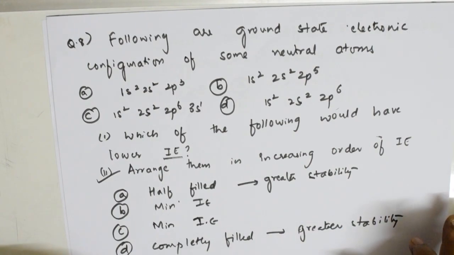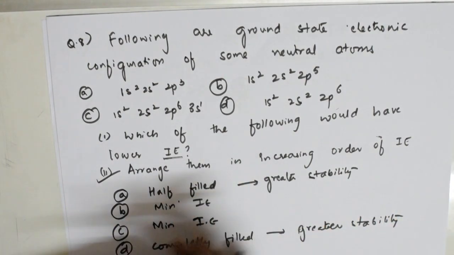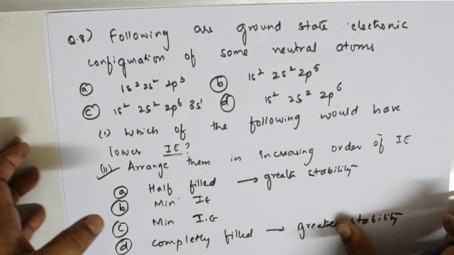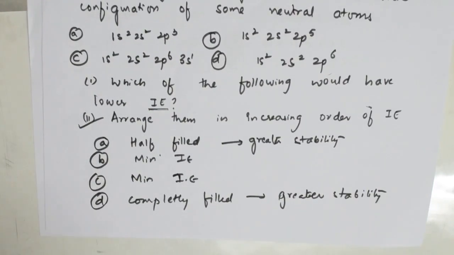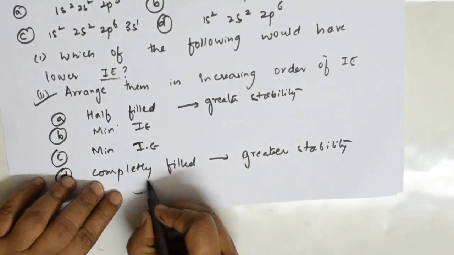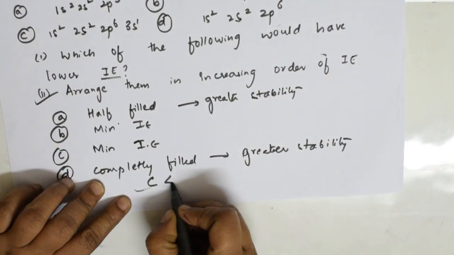Now if I have to arrange the order in increasing order of, see here, which will be more? See here, minimum is this. Option C is minimum. Correct. Let me pull my page a little bit above. As I explained, my page is clear. I think C will have minimum.